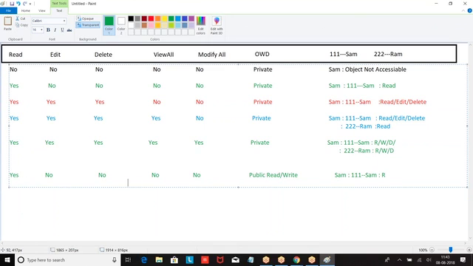Read. Why read? Because on the object level we have only read access. Did you get my point? So it's a combination of object level and OWD which will decide what type of access.